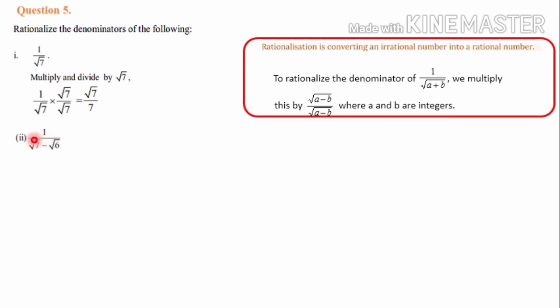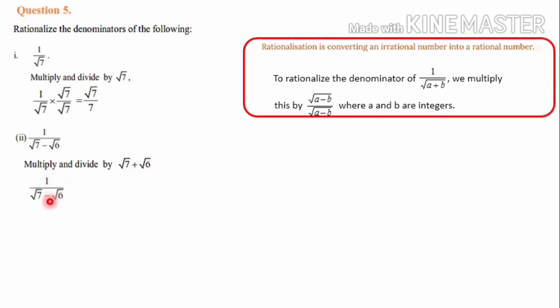Here when you check the denominator, root 7 and root 6 both are irrationals, and root 7 minus root 6 is also an irrational number. Here there are two terms, so you have to take the conjugate of root 7 minus root 6. In the earlier question there was no conjugate because it was only a single term. Here there are two terms, root 7 minus root 6. So we have to go for the conjugate, that is the opposite of this one, root 7 plus root 6. We have to multiply and divide.